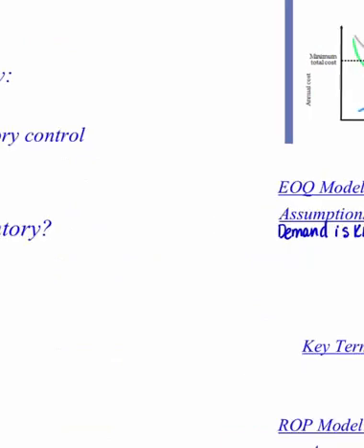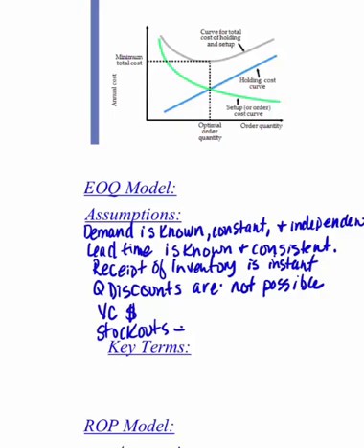So the first assumption of the economic order quantity model is that demand is known, constant, and independent. From there, the second assumption is that lead time is known and consistent. Knowing these two things right away helps you see that this model is only going to work in particular situations. As well, inventory is received just as we order it, so it's instantaneous is what we say, and quantity discounts